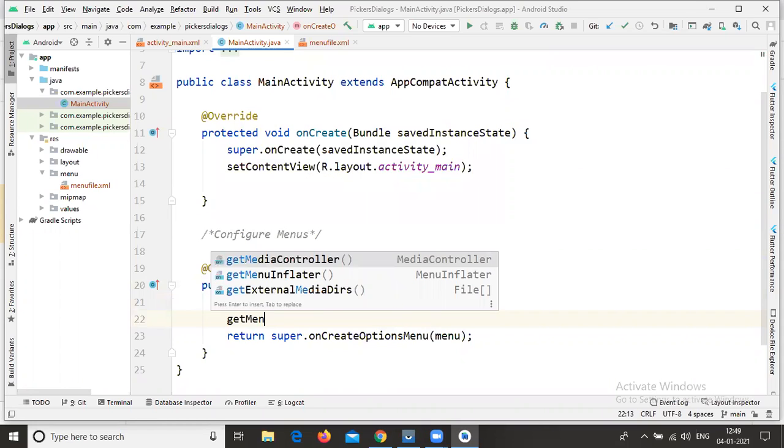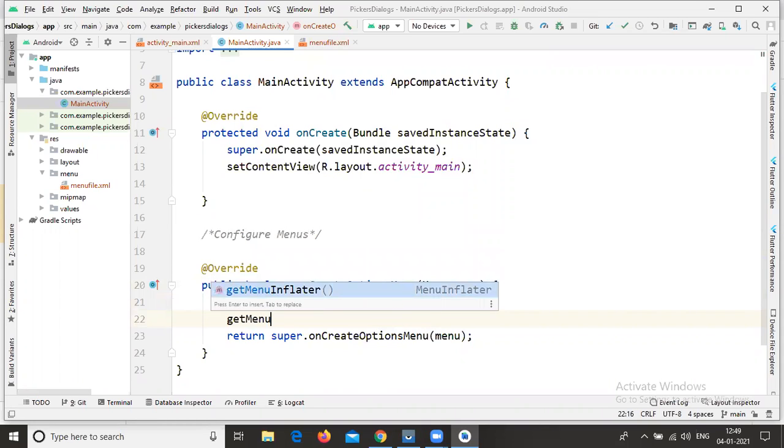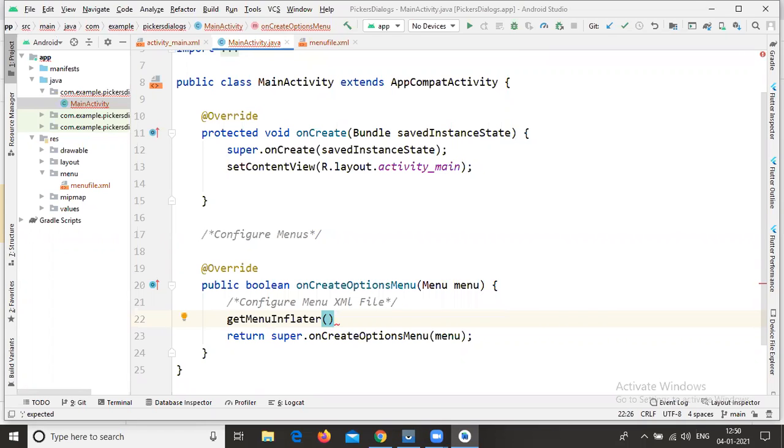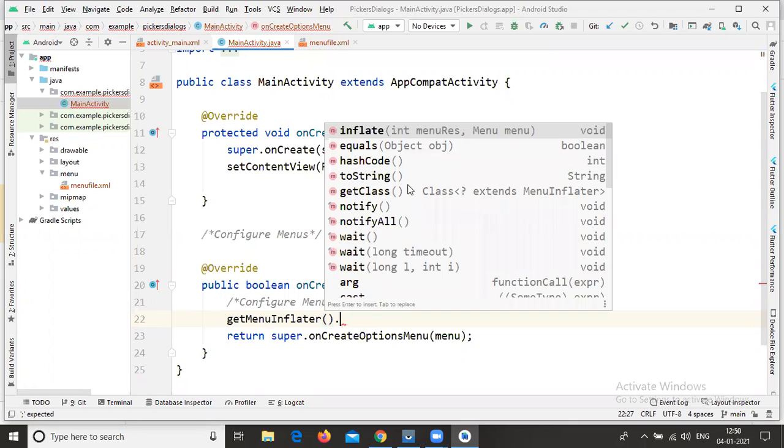Just type getMenu, and there is a suggestion called getMenuInflater. Then type dot, and from the suggestions select inflate.